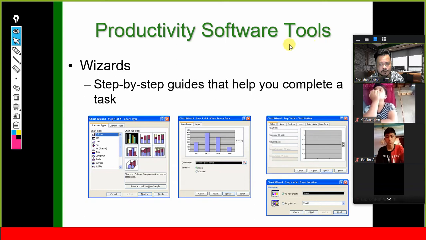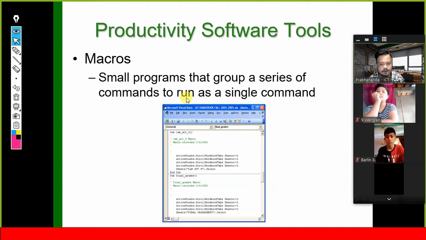Productivity software tools: a wizard is a step-by-step guide that helps you to complete a task. These are the step-by-step wizards. And macros: small programs that group a series of commands to run as a single command. So if someone asks what is the use of macros, then you can answer this. After that,